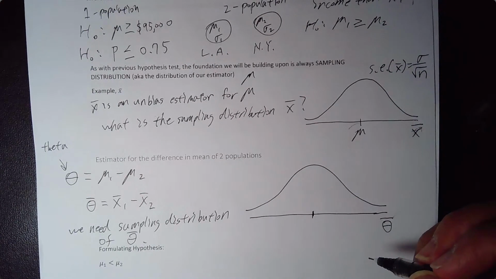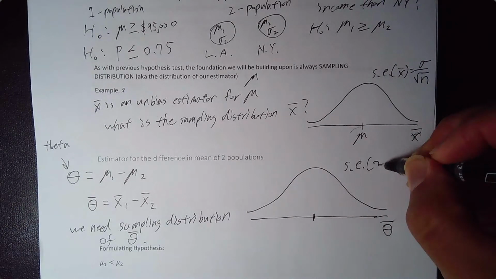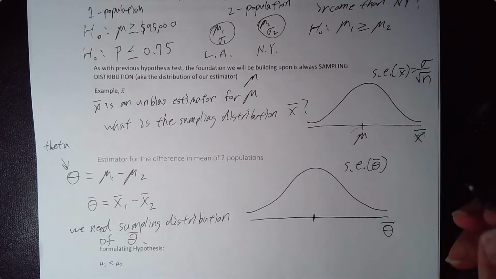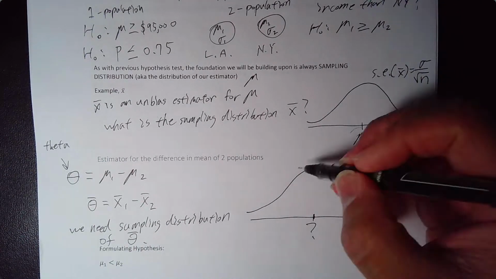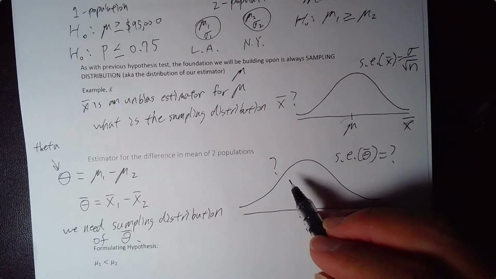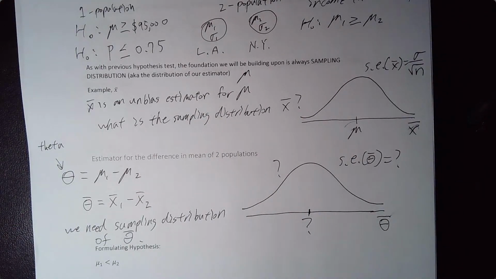Okay, and then most importantly, what is the standard error of theta bar? All right, we need all these things in order to proceed. Is the distribution normal? What is the center of the distribution, and what is the standard error? Once we have these three things, then we can proceed with our hypothesis test, and everything else will